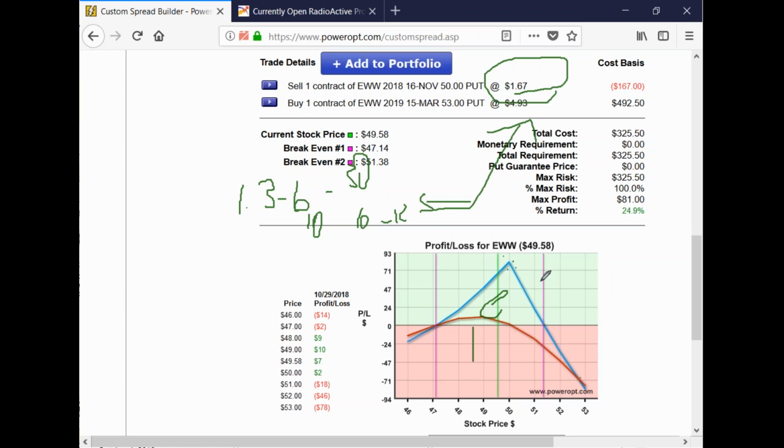Well, if I'm expecting the stock to move up 3 to 6%, it's here. What happens? My put expires worthless, I don't keep the premium, and the put that I bought is losing money. If I'm in a married put, at this point, it'd probably be more like this, the 53, I'm already at a profit. All right, we're sort of crossing paths. The calendar is going to be losing money beyond that. I'm going to be gaining more money. Okay? What happens if the stock stagnates?